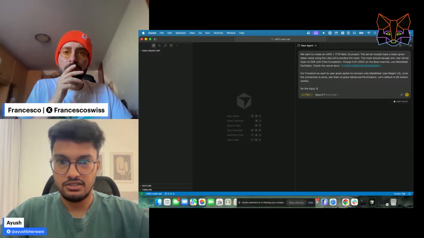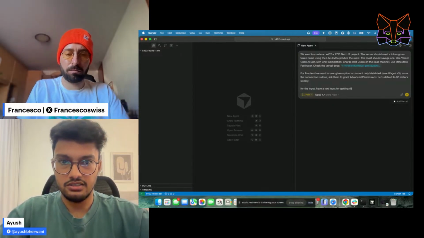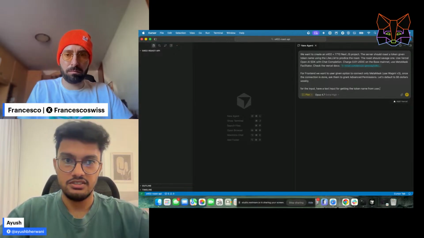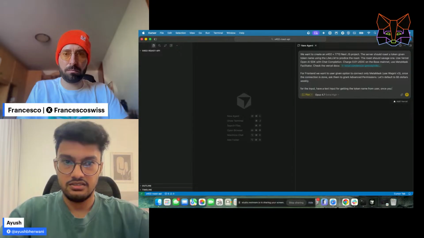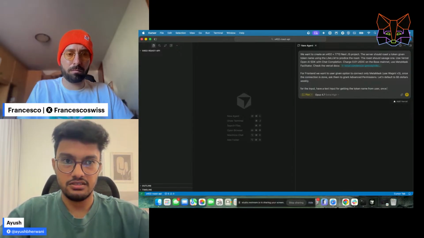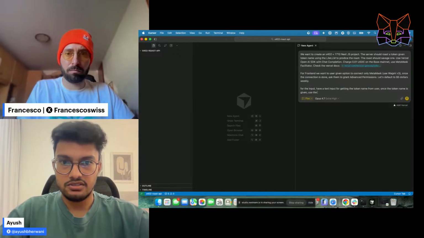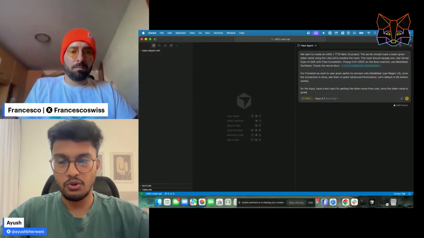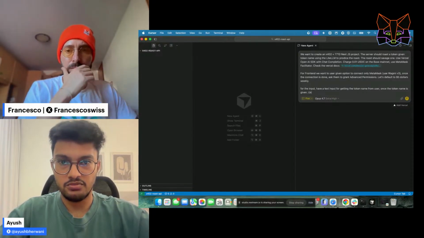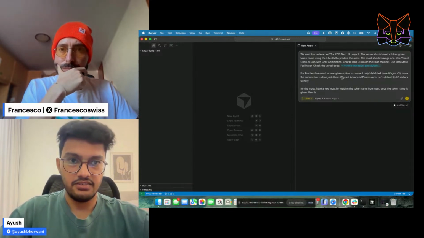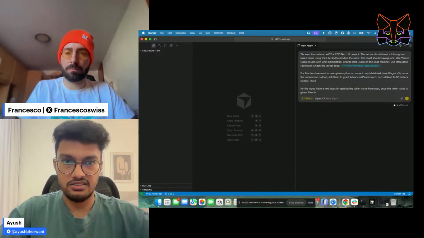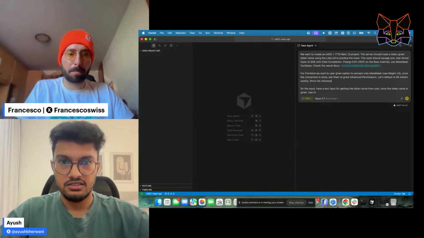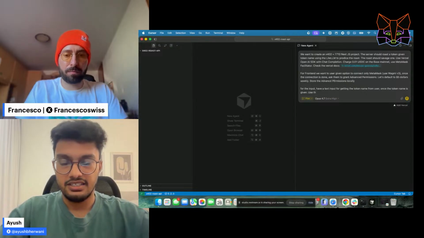for the input, have a small text input for getting the token name from the user. Once the token name is given, we want to create a redelegation, right? Use the stored permission, and we have not said here where we want to store the permission, so let's just say store the advanced permissions locally, right?